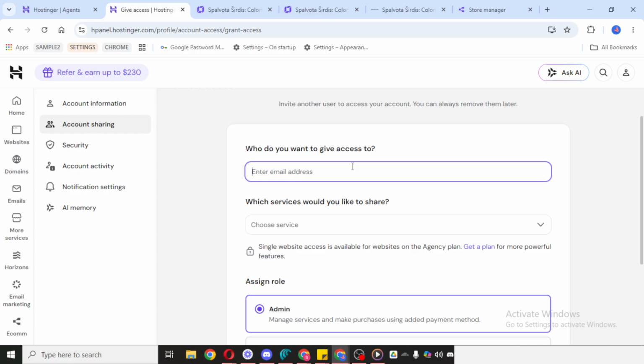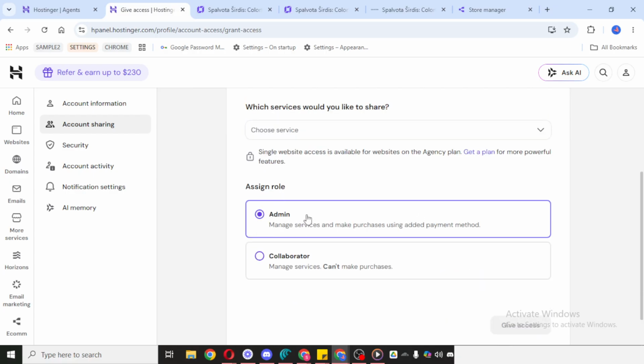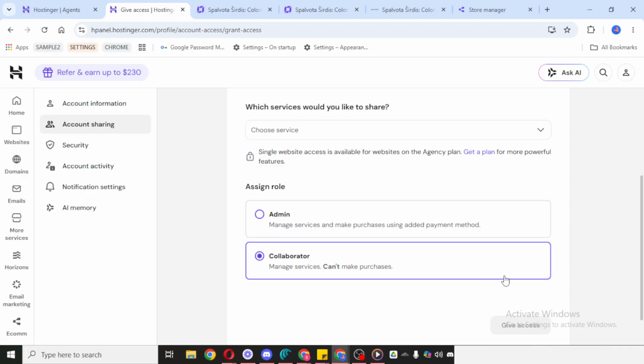After entering the email, select Assign Role. This step is important because the role determines what that team member will be allowed to see or manage inside the account. Choose the role that best matches the level of access they need. In general, it's a good idea to give only the permissions necessary for their work rather than full access unless it's absolutely needed. Once you've filled everything in, review the information one last time before sending the invitation. That way, you can confirm the email address and role are both correct.